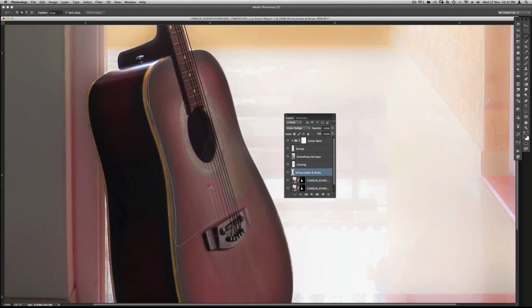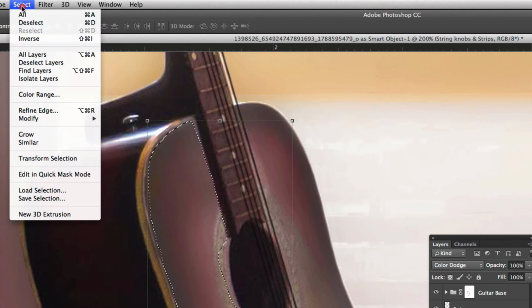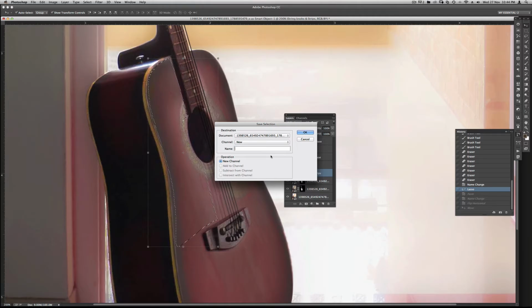And then we will save this selection. So go to select, save selection, and base repair,